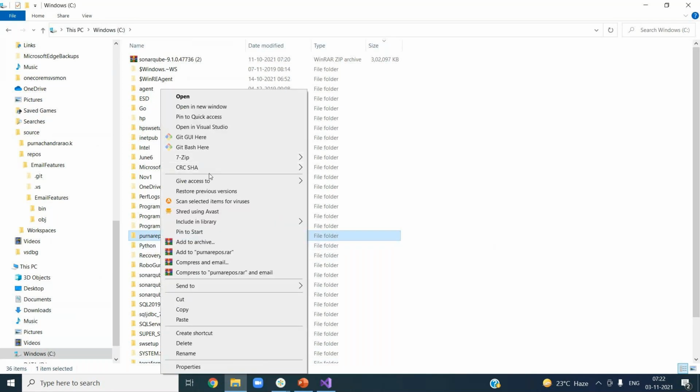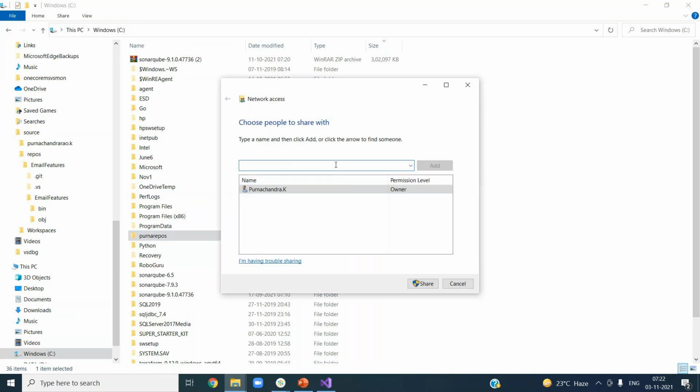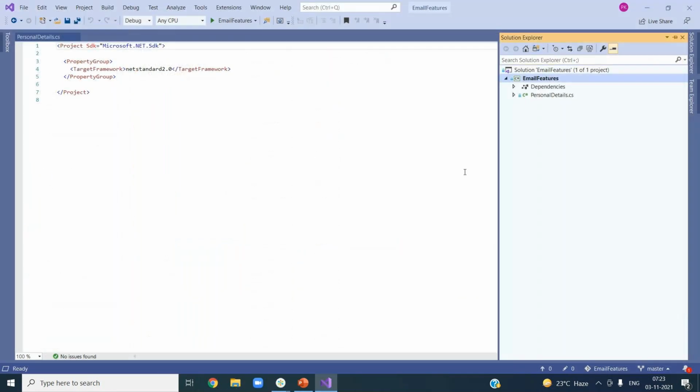And then I'll go and give access to specific people. I am not in Active Directory, so I don't get anybody here. Basically, you go and add them and give read access to them. This is how we share it with the people, right? But this is not the right way, as I told you. We discussed the disadvantages. Now,